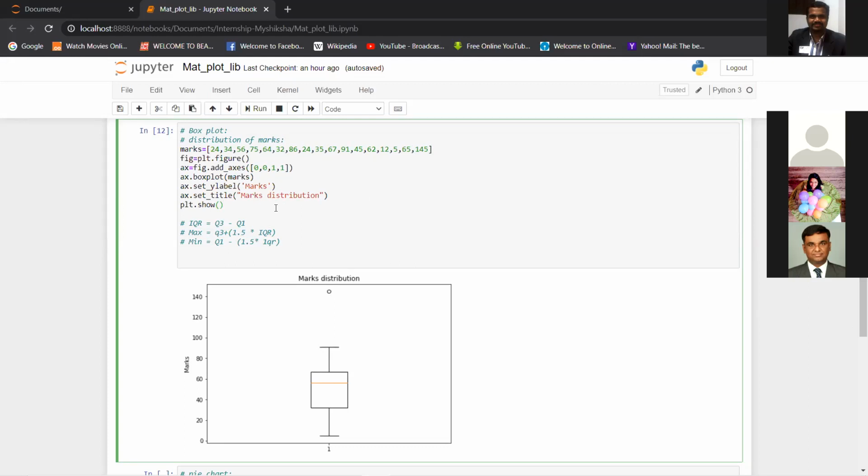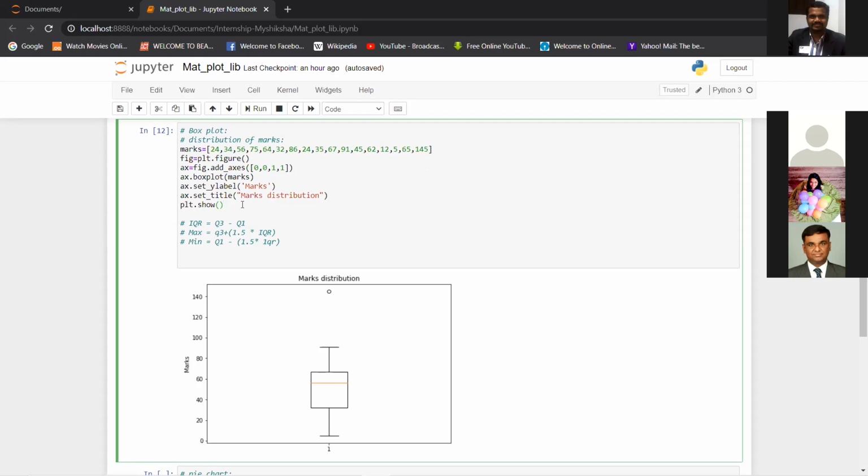Now, how outliers are important: I told you that outliers generally skew your data. If you have more outliers, your data is skewed in one direction. For some of the algorithms, it is not good to have outliers.